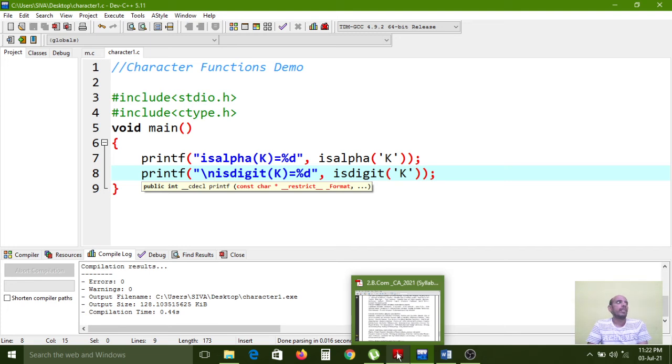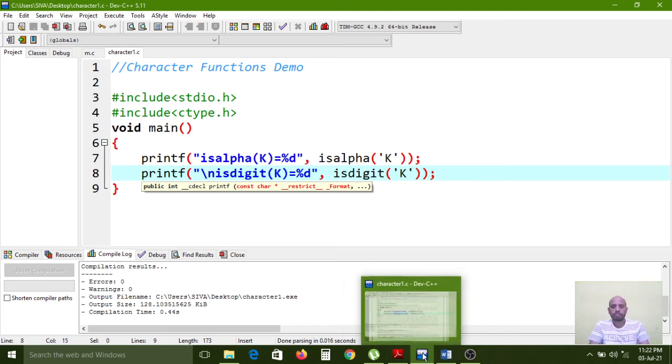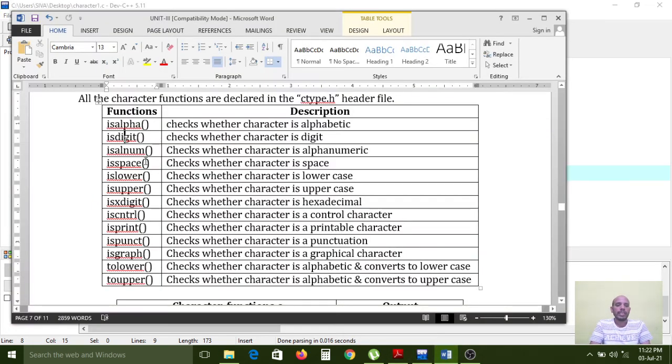If any function starts with is, then that is a question format function, a question related function. Now is alnum checks whether it is alphanumeric or not. For example, the k letter is alphanumeric. Why?